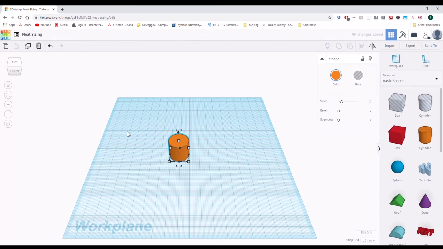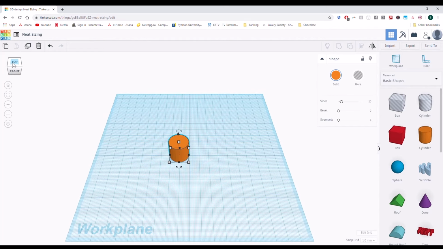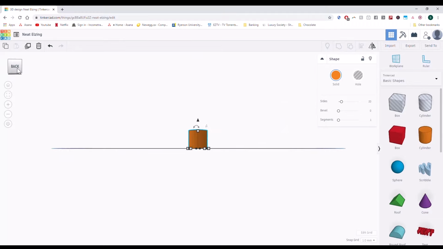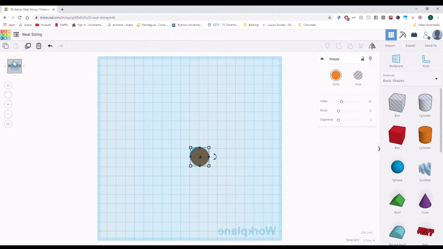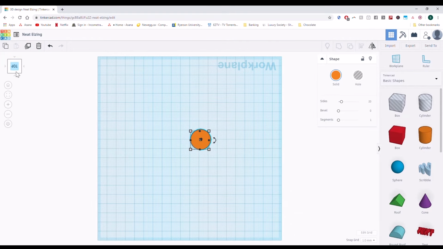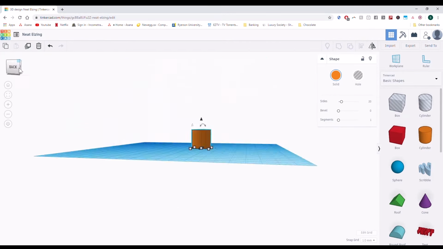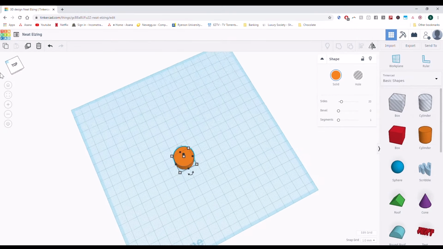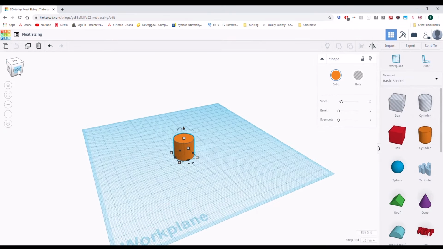And now if we want to look at the different views of that, we can click on this box over here, and we can get the front view, top view, side views, bottom views, all the views that you need that will help you be able to manipulate this object, okay? Another thing is you can drag on the corners, and you can really just look at every single angle you want. So I'm going to put it back to normal, right? Front view.